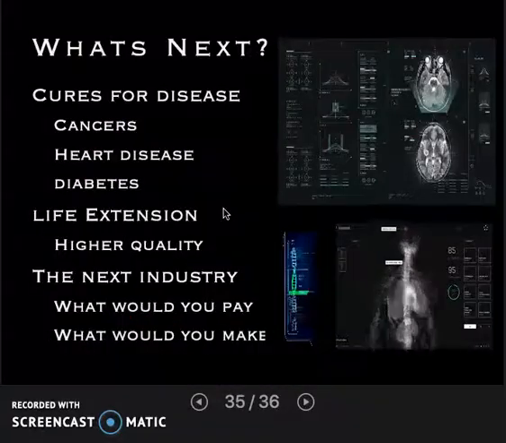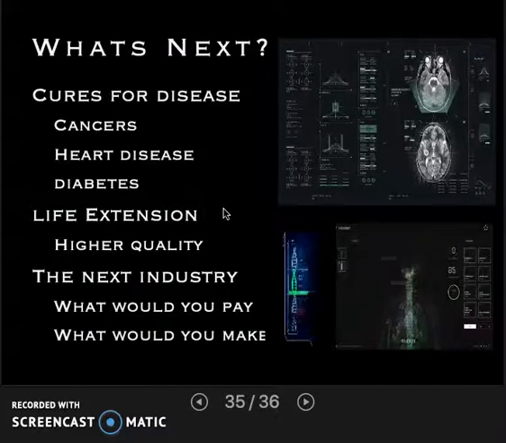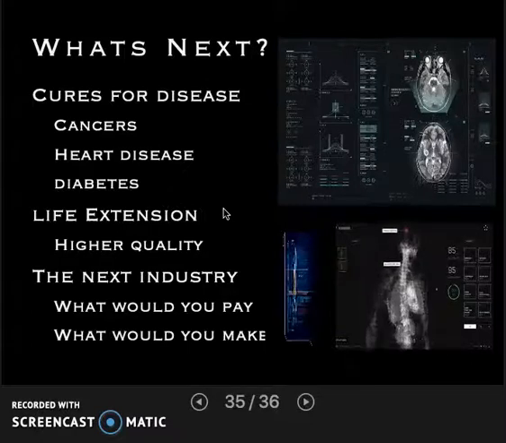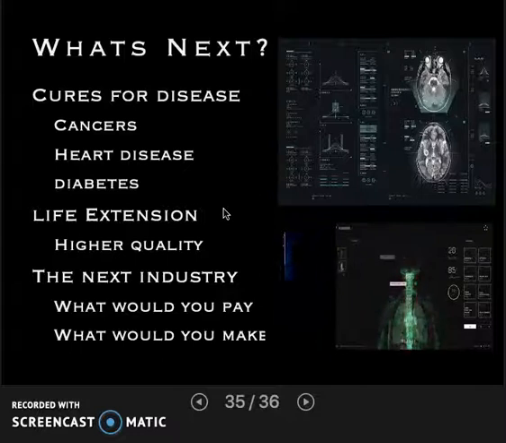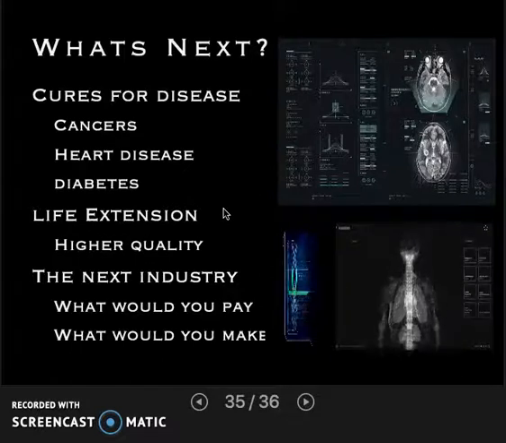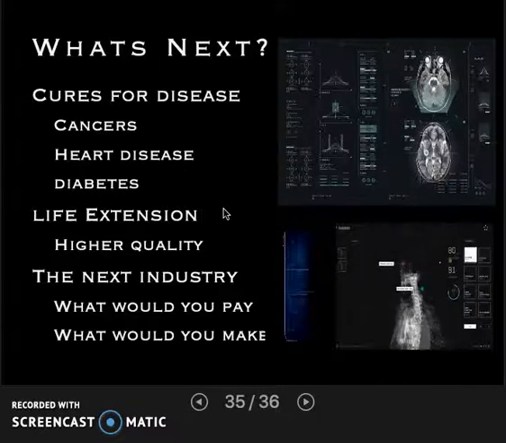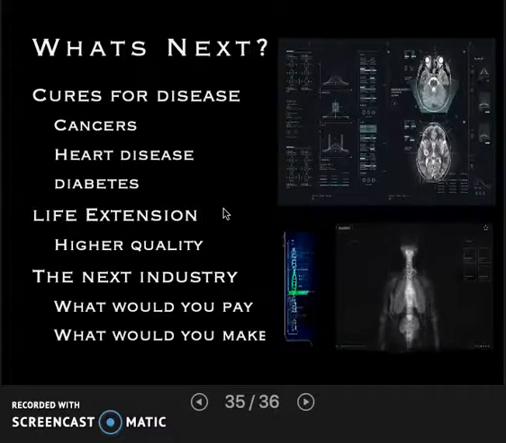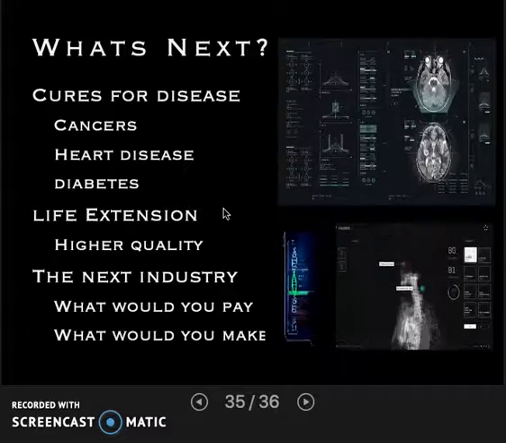So that leads us to the big question. What is next? Well, look, this definitely is going to enable the cures for genetic diseases, right? Because we can modify genes. But guess what? All disease has a genetic basis. We're all more or less prone to get cancer or heart disease or diabetes, and these are the big killers of Americans in 2020. But those things can be erased.